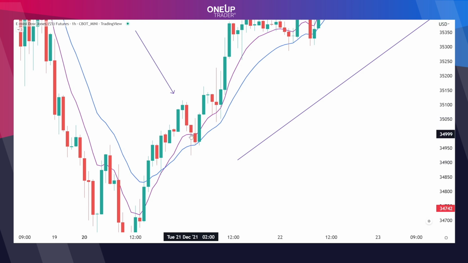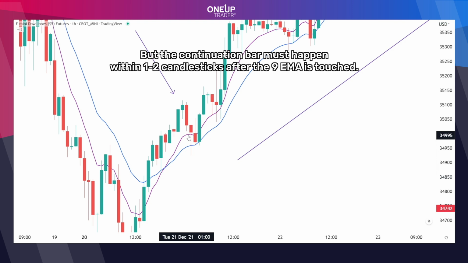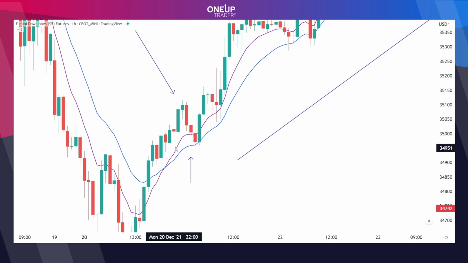The first thing we look for is the retracement to touch the 9 exponential moving average. Once we've touched the 9 exponential moving average, we're waiting for the first retracement bar to occur, but we need to see that the continuation bar happen within 1 or 2 candlesticks after the 9 exponential moving average is touched. So we can see that at this point, we touch the 9 exponential moving average, which is the purple line. We get one more bar as well that is within the zone, but then the third bar is a green